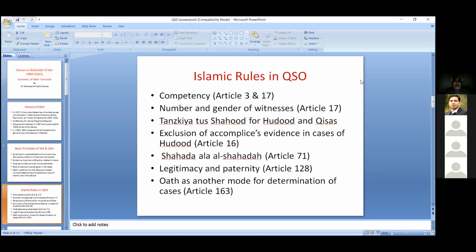Let me continue. So another provision in which Islamic principles have been incorporated deals with the number of witnesses. As far as the old law is concerned, no minimum or maximum number of witnesses was provided in that law. But in Article 17, which we now have in Qanun-e-Shahadat Order, there are a few instances in which the number of witnesses